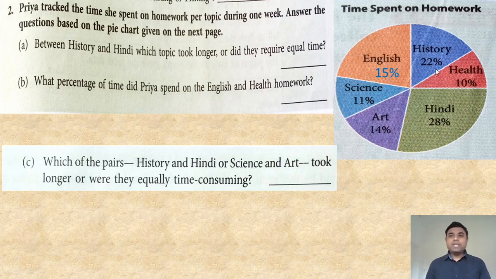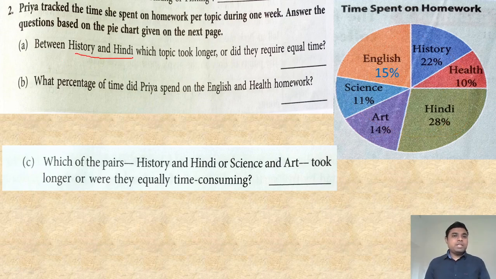So dear students, if we add 22, 10, 28, 14, 11, we will get 85. And percent means 100. So the total is 100, but here these add up to 85. So the left portion is 15. This is for English. Write in your book, this 15% is not written. So how do we get 15? Percent means 100 and the sum of these is 85. So 100 minus 85, 15%. Now come to the question.